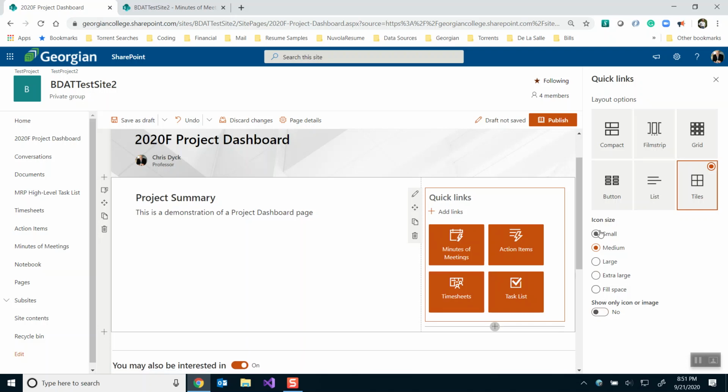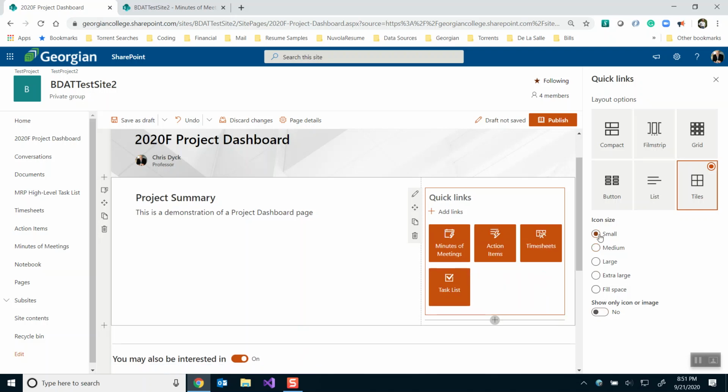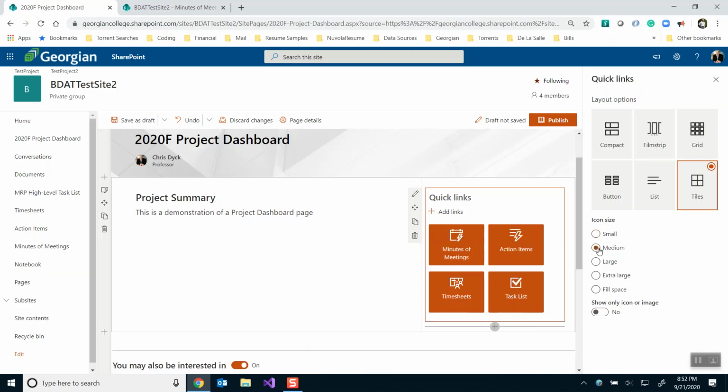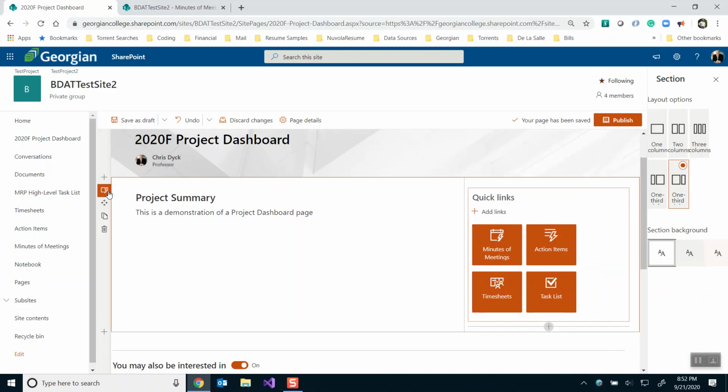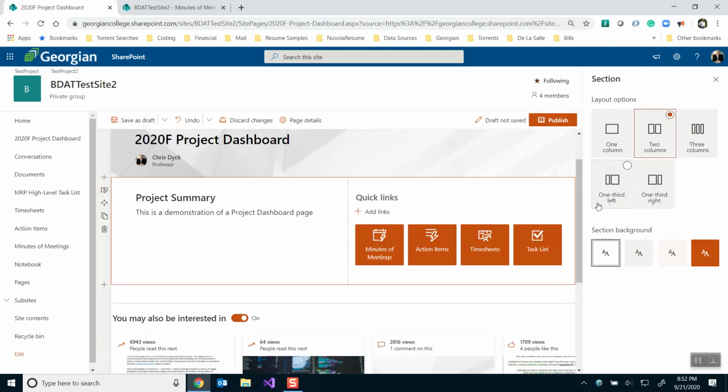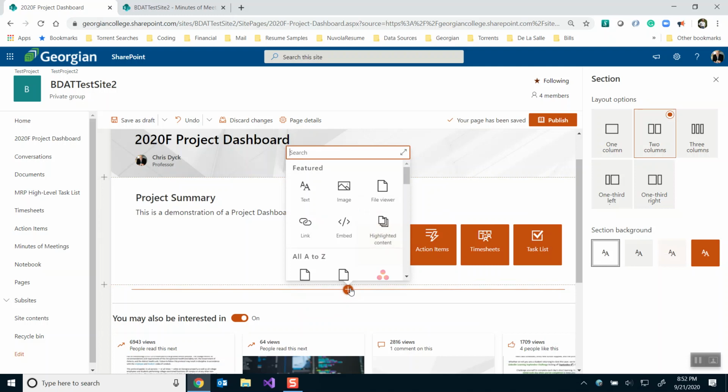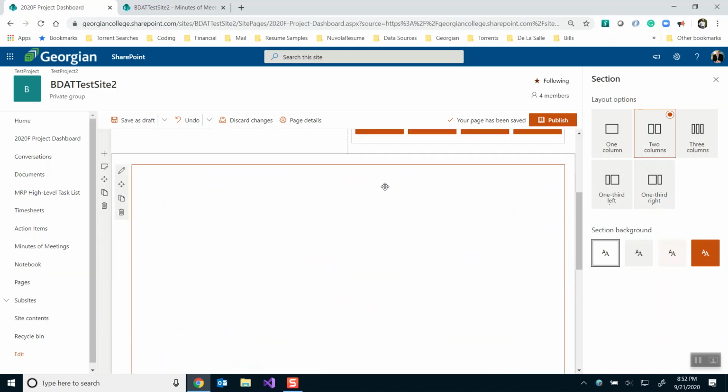If you want, you can make the icons smaller or larger. I kind of like the medium size. It seemed to fit me. So let's go with that. And I think that I'm going to change this to be like this again. So just an equal distance there. All right. Now, the other thing that we're going to do now is start to add in parts of our